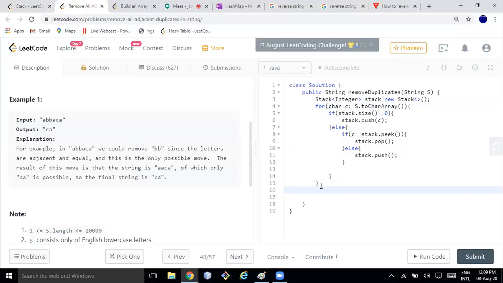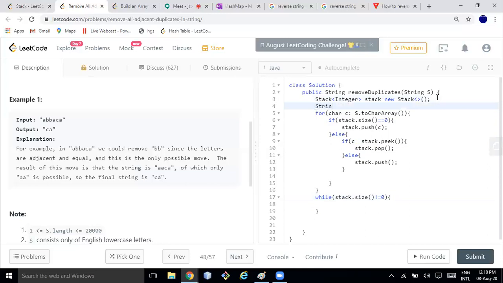What's next? While stack dot size is not equal to 0. Here I have to return something, right? So maybe String out.